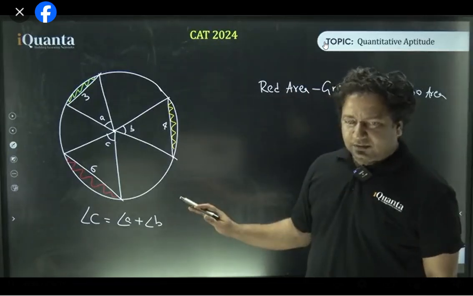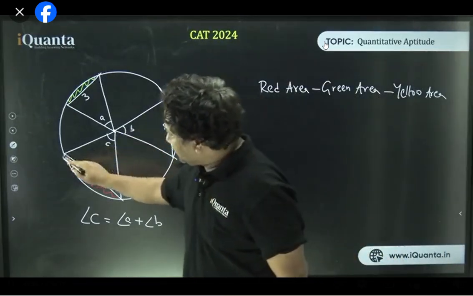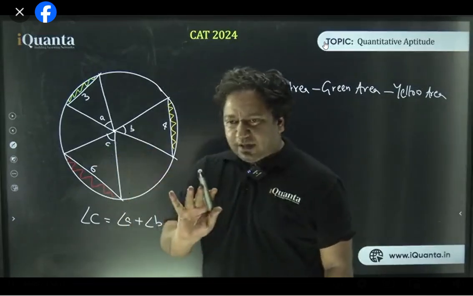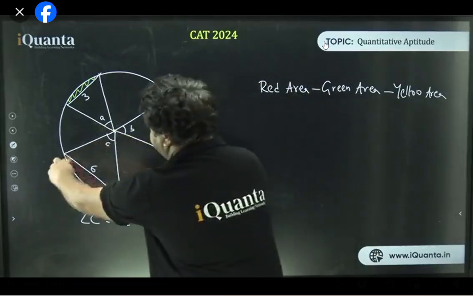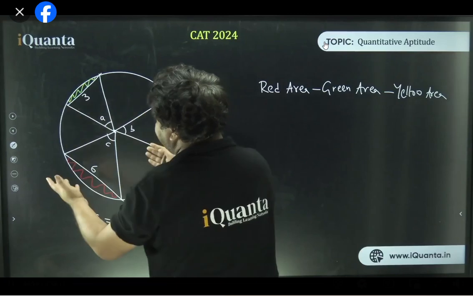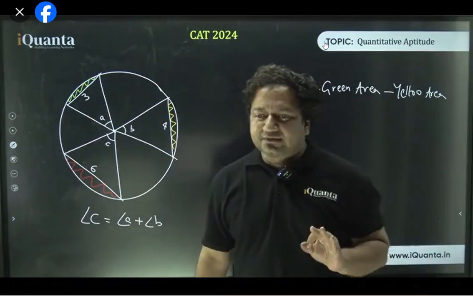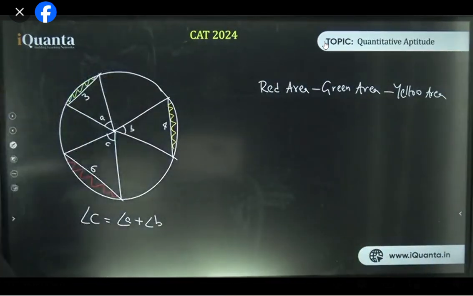एरिया निकालना आता है सबको ना? कितने लोग ऐसा कर रहे हैं कि पहले इसका इस सेक्टर का एरिया निकाला? Okay, tell me something. How many of you are doing it this way? Area of sector, then subtract area of triangle, do it 3 times, and then put it here. How many of you are trying to do it this way? Okay, Smith, I'm waiting. The lines are radii, radius, Shilpi. Center से निकला है ना, radius है. हाँ exactly, यही दिमाग में आना भी चाहिए. ये सेक्टर माइनस ट्रायंगल कर दो.